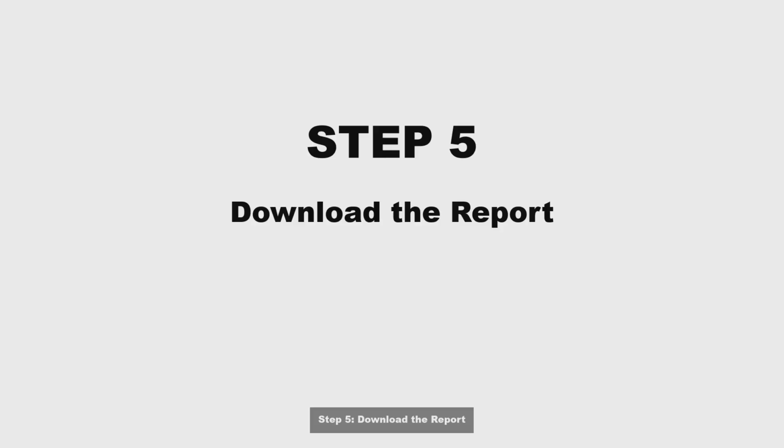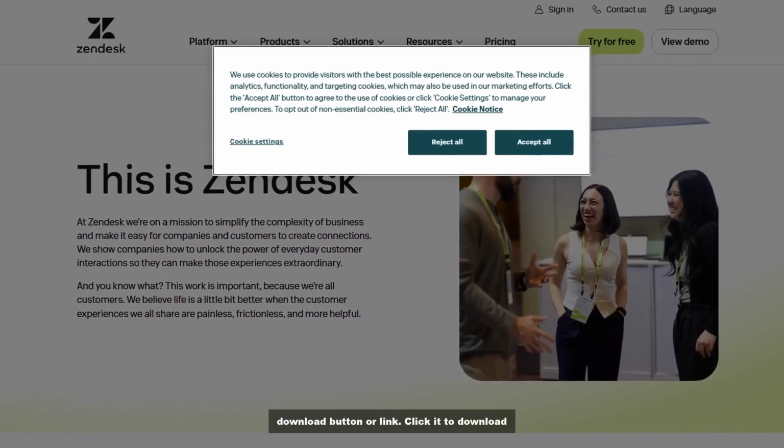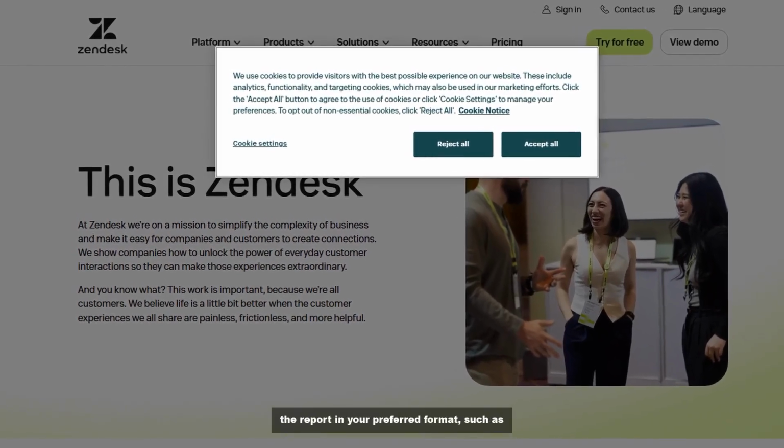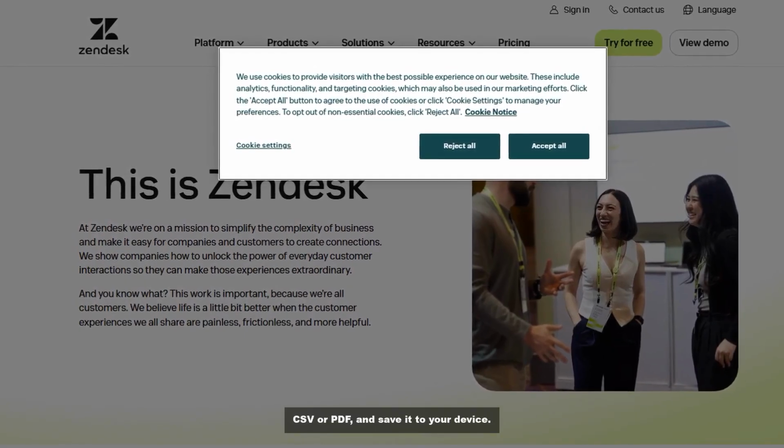Step 5. Download the report. After selecting the report, look for a download button or link. Click it to download the report in your preferred format, such as CSV or PDF, and save it to your